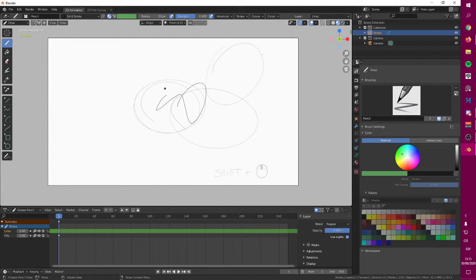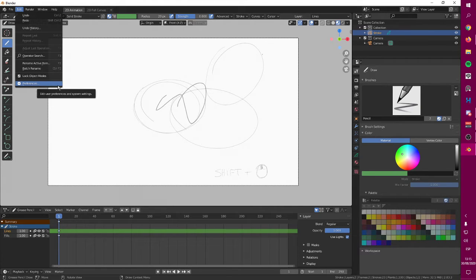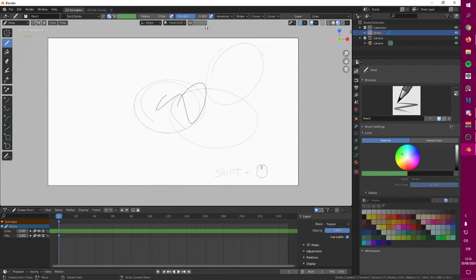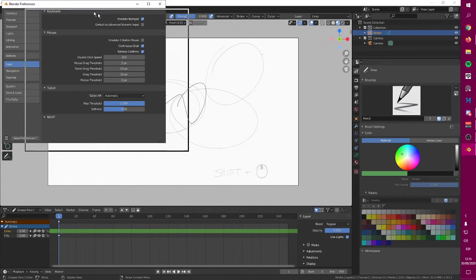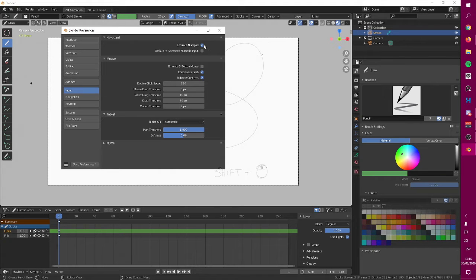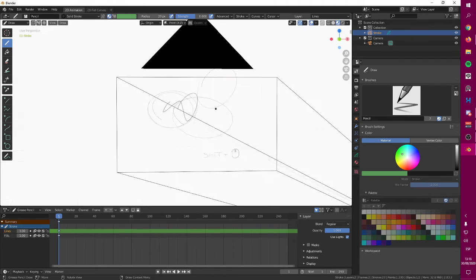If you don't have a numpad, and maybe you're working with a laptop that doesn't have a numpad, or a small keyboard without a numpad, you can go to Preferences, go to Input, and right in here click on Emulate Numpad, and that is going to make the numbers that are on top of your letters be the numpad. So now you can use those to change the camera.